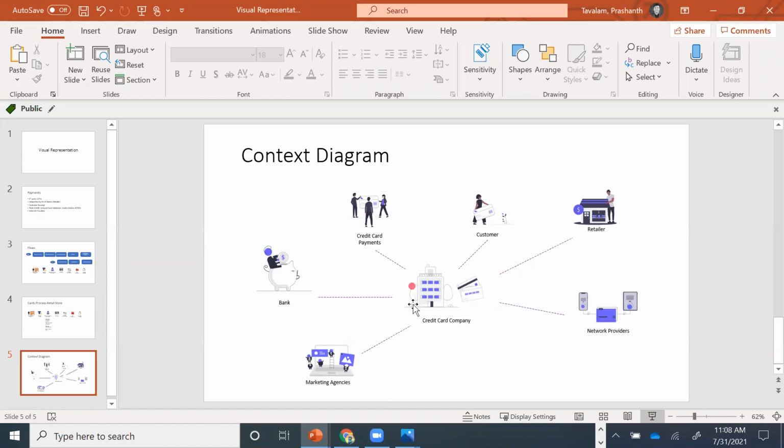Now, let's say you want to put your application at the center. Let's say it's an XYZ application. You're going to put that at the center and then show all the different systems and users. On this side, maybe you can represent users. This side, you can represent systems, to show who are all the different users. It could be purchase team, finance team, marketing team. There could be different sub teams also within these departments. It could be a payment system.